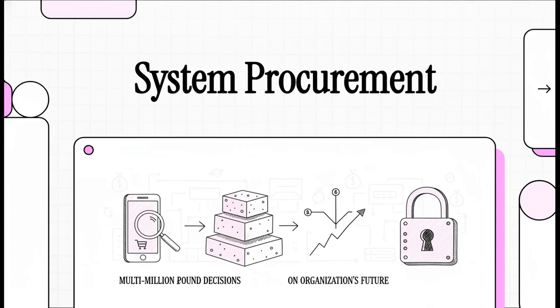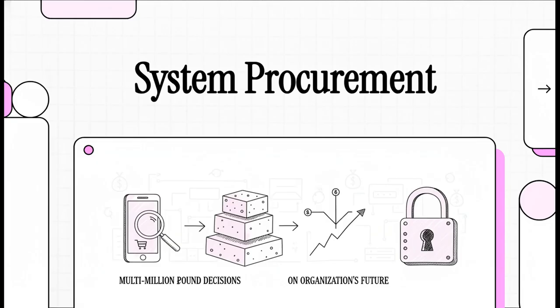Okay, let's dive right into this. When you hear the phrase buying software, you probably think about hopping onto an app store, tapping a button, and waiting a couple of seconds for a download. But in the world of large-scale software engineering, buying software is an entirely different beast. We are talking about multi-million-pound decisions that dictate the entire trajectory of an organization before a single line of code